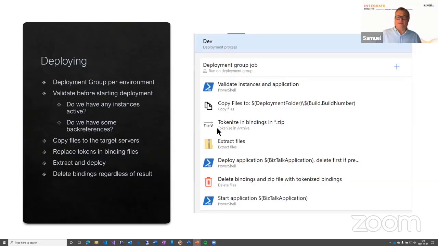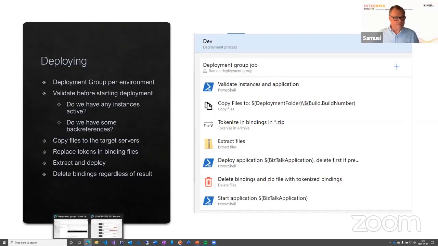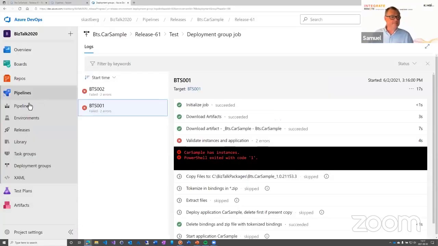So the next thing that I do is I change the values in the bindings files. I use a component, tokenizing archive, that goes into the zip file, opens the bindings files and replaces all the tokens that I had with the values that I have in variables in my pipeline. So if we go and look at the pipeline,